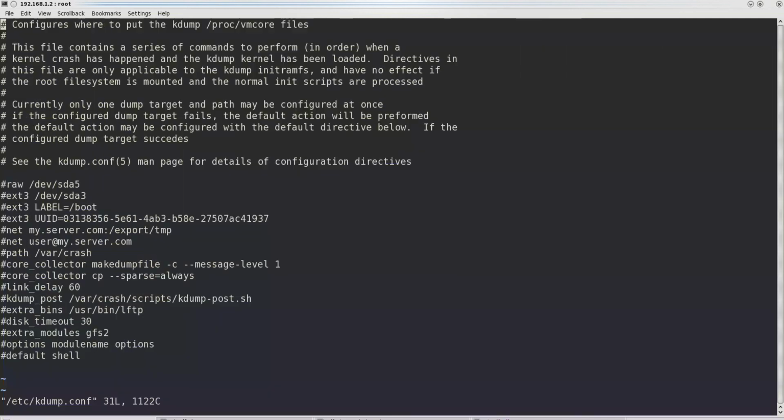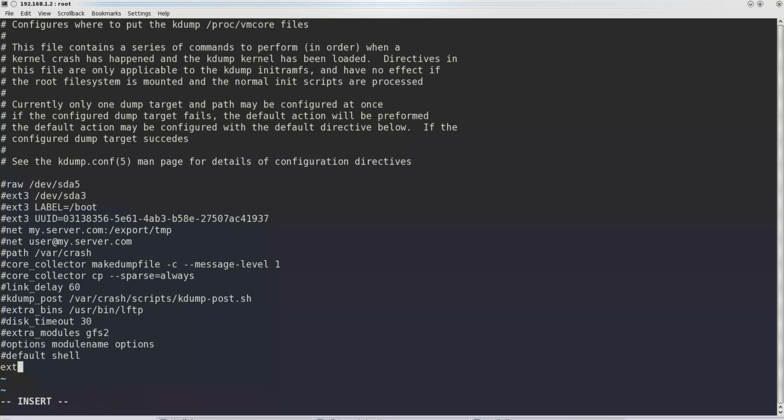So presently in our example, we will be dumping it using one of our physical hard drives, one of our partitions, that is /dev/vda, which is the root partition.